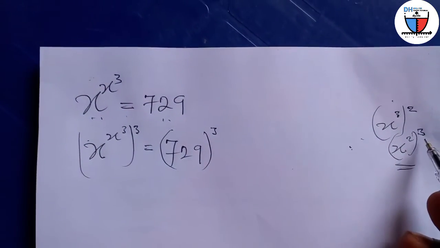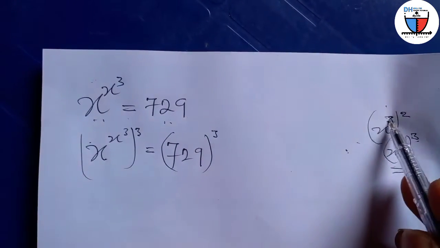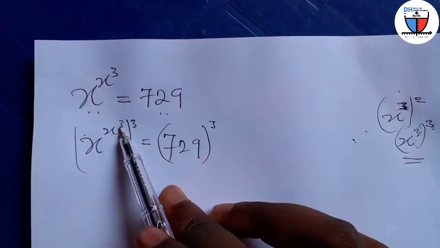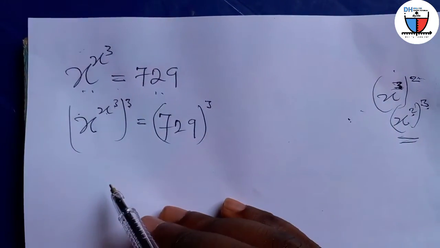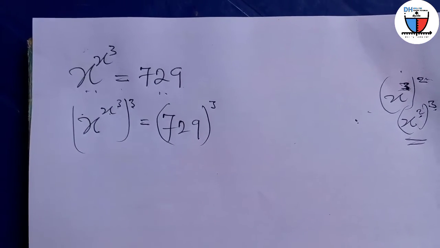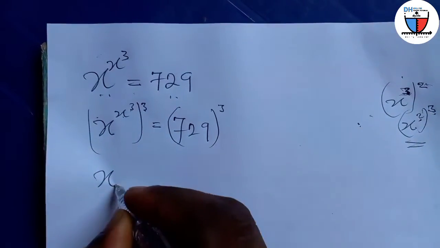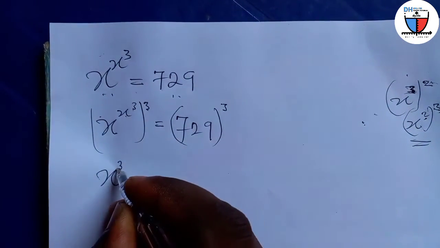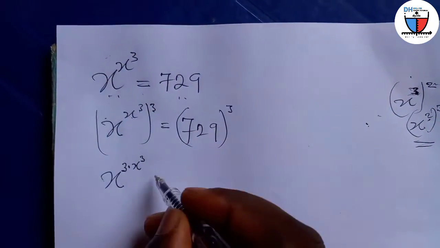The 3 here is taking the place of this s cube, while the 3 outside is taking the place of the 2. So we exchange their positions. So with that we say x to the power of 3 multiplied by x to the power of 3 equal